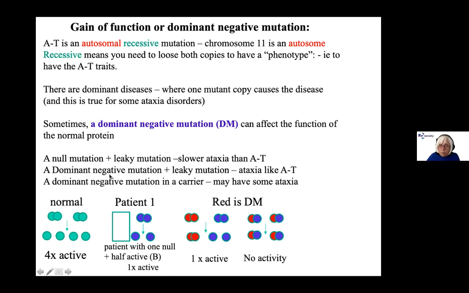But if you have a dominant negative mutation rather than a null, i.e. you do make the protein, but it can stop the other protein working, then together with the leaky mutation, you may be worse off and you have ataxia like a normal AT individual. And even this dominant negative in a carrier with a normal copy, you may still have some ataxia. So the presence of this guy is actually worse than